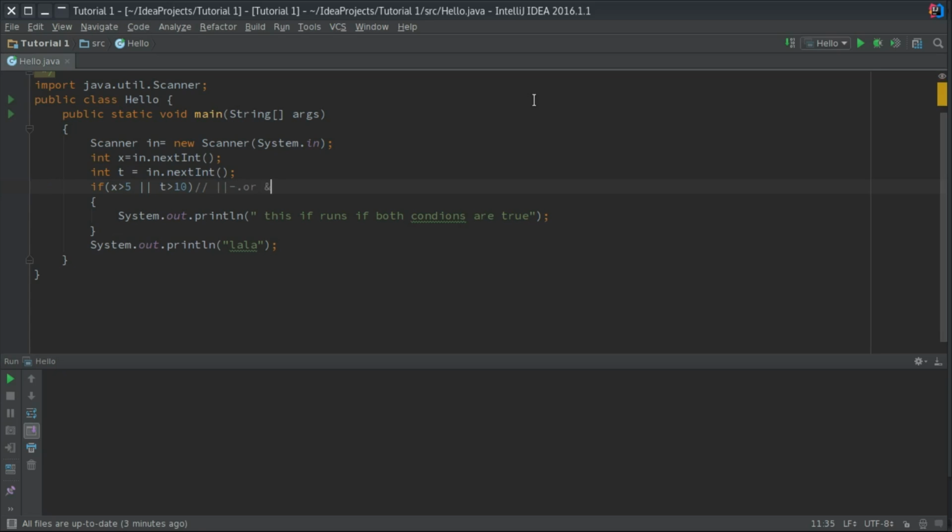and this AND operator means and, and the exclamation mark which we saw in the last video means not. So these are basically the logical operators, and they work similar to logical gates, if you have studied about them. If you have not, don't worry, you're just going to understand what these operators are. So anyways, I have checked these two conditions over here. If x is greater than 5 or t is greater than 10,